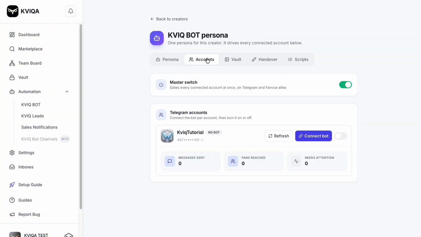Next tab, the accounts tab. Here you will see any Telegram accounts that you have connected to this persona. This is the same Telegram account that I just connected inside of the team board to my creator. You see the master switch here. If you have several Telegram accounts that you want to be running the QuiqBot on the same persona, you can have that, and then you have the master switch that can toggle on or off all the Telegram